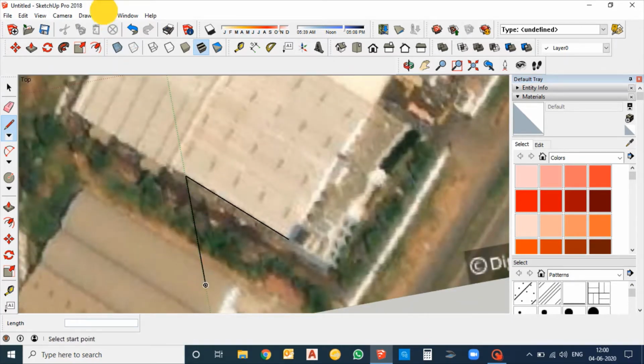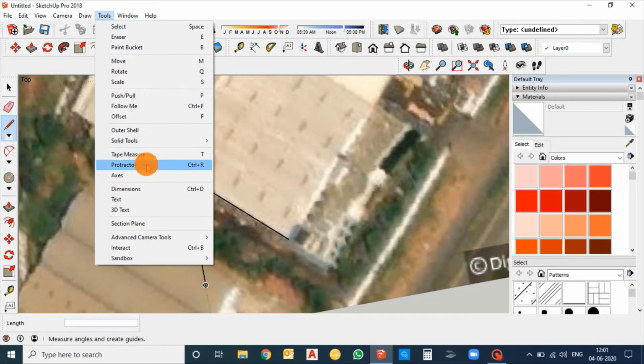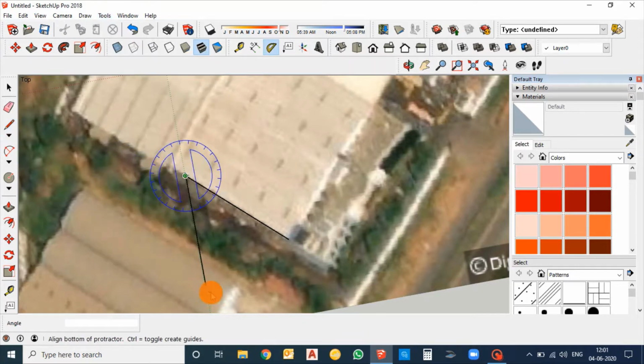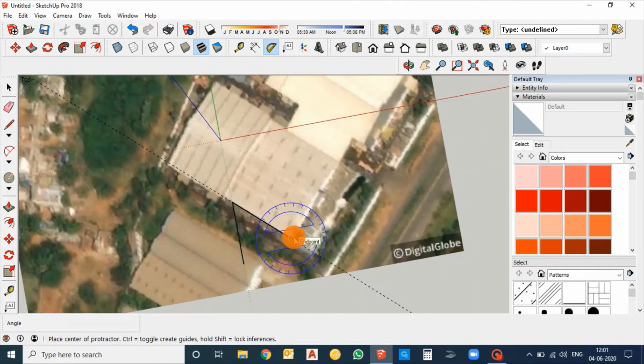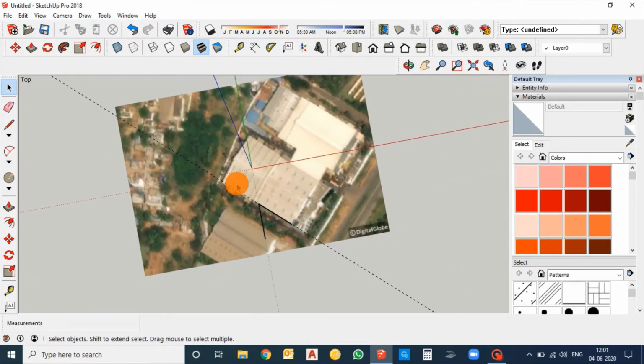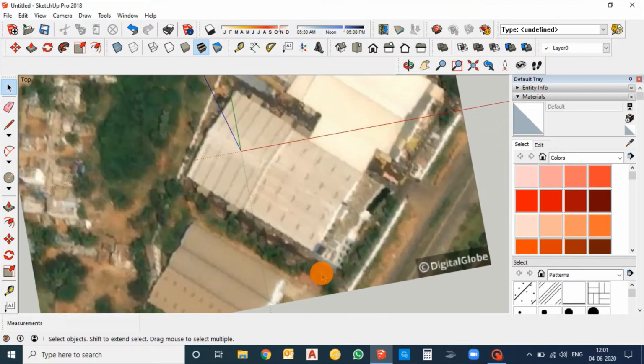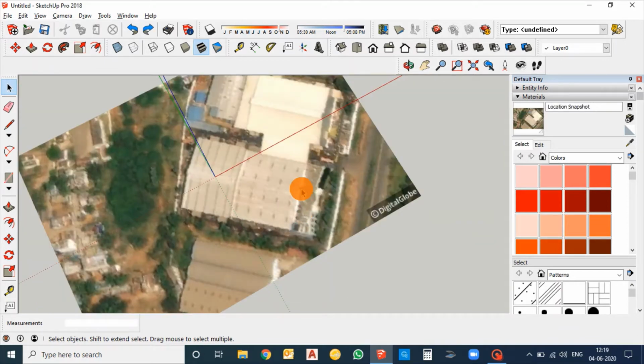Then we can take the protractor tool and use it to find the azimuth of this building. It is 47.9 degrees. This is really useful when you're going to simulate a project in PVAssist using the azimuth angle. So we can start now with the design.